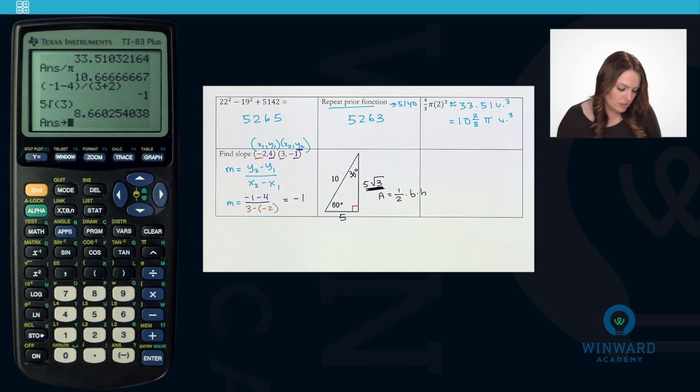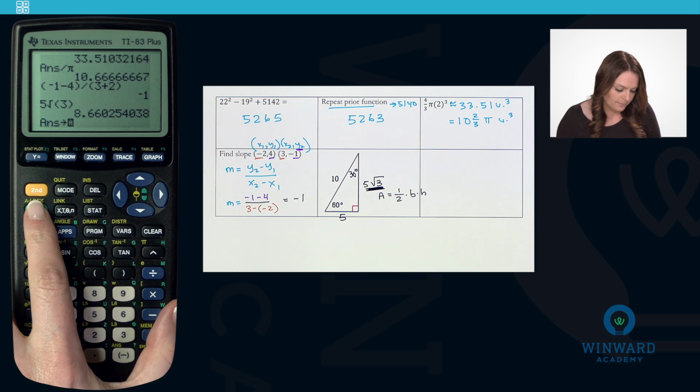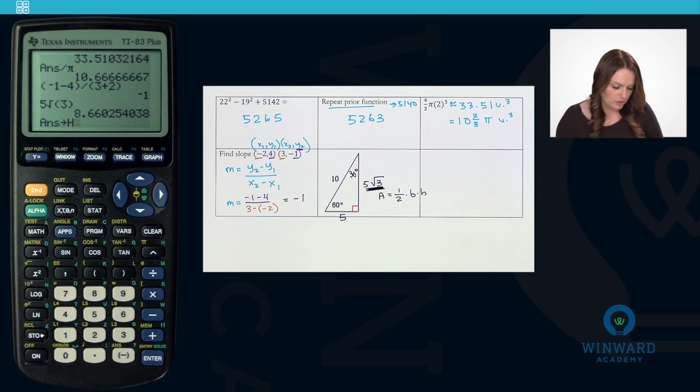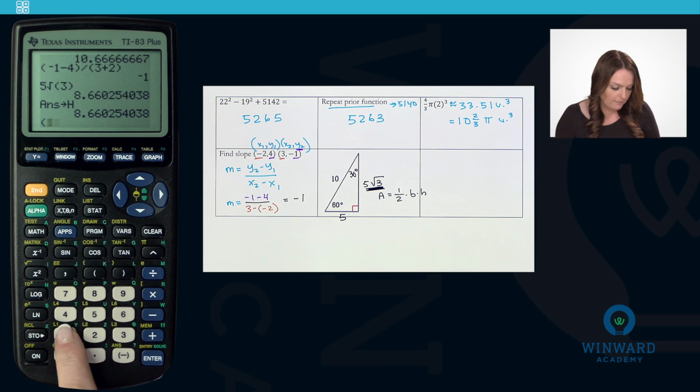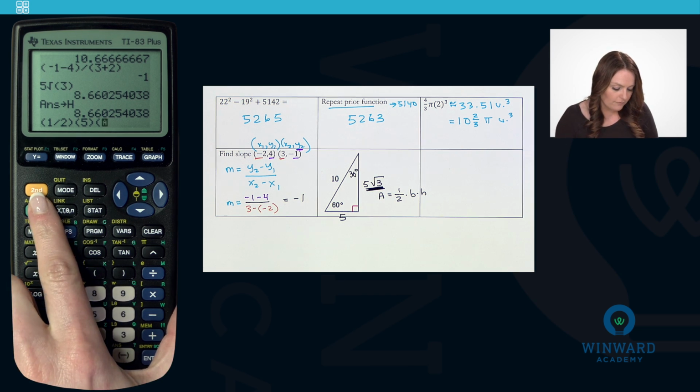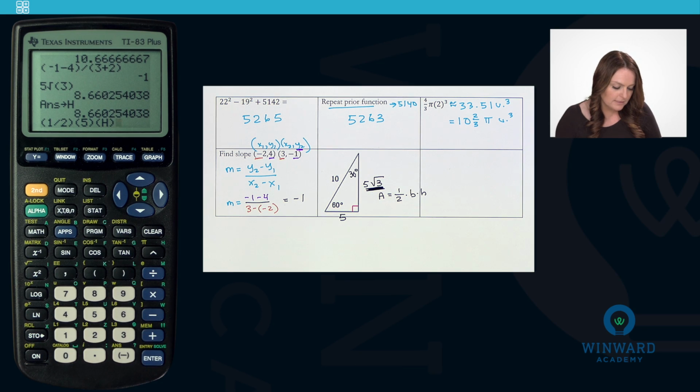So how do I get to the H? I press the green alpha button, and then I go over to H, and notice that now it is storing it as H. So I can press enter, and now 5 root 3 has been stored as H. So now if I want to find the area, I can do 1/2 times the base, which was 5, times, and instead of writing 8.66 and all those numbers, instead of writing 5 root 3, I can press alpha, H, close parenthesis, and it will automatically pull that value for H into the equation, and then I know that the area is